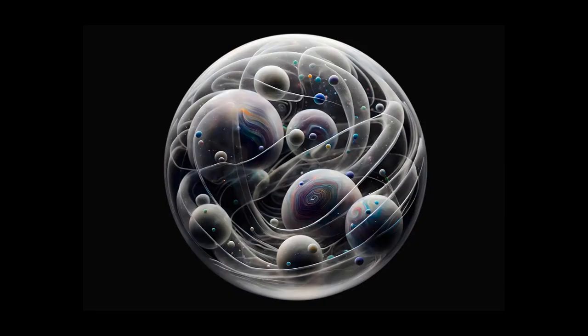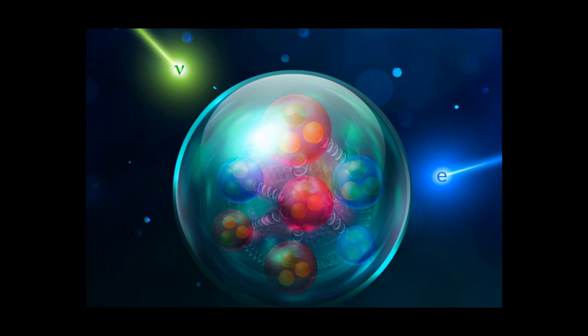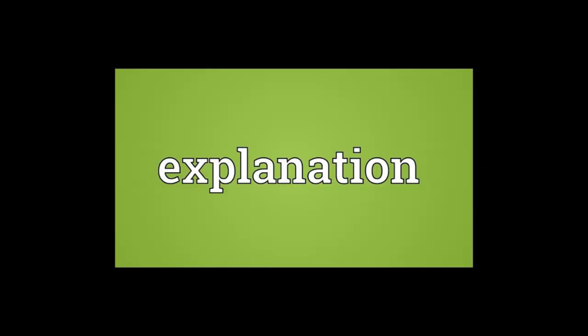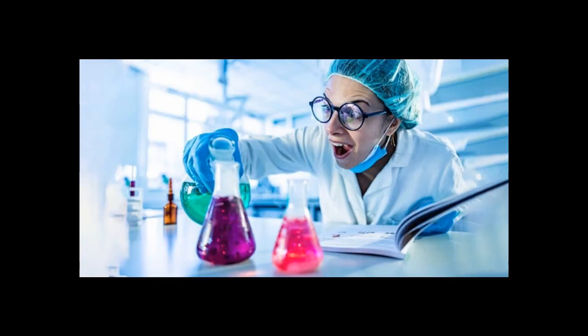And another candidate is known as axions, which are extremely lightweight particles, and sterile neutrinos, which are a type of neutrinos that don't interact via the weak nuclear force. And these particles also offer potential explanations for dark matter's elusive nature, and still they all require more explanation and more experimentation to really figure out what dark matter is.